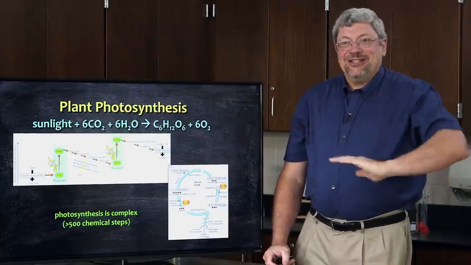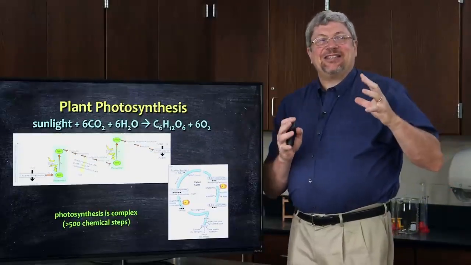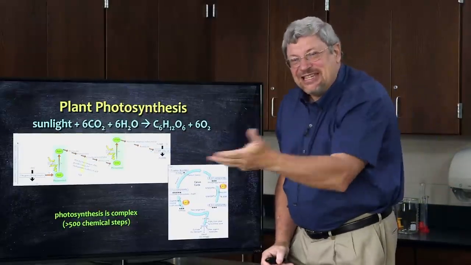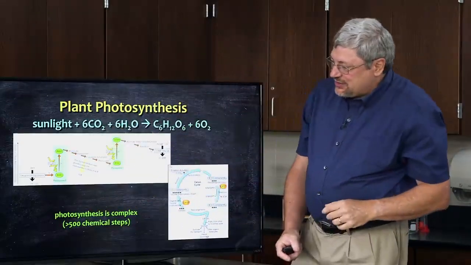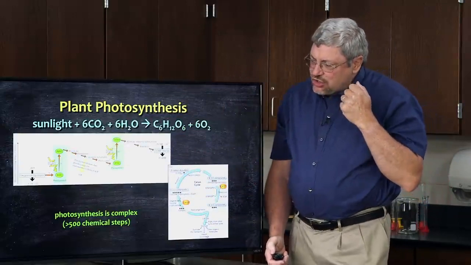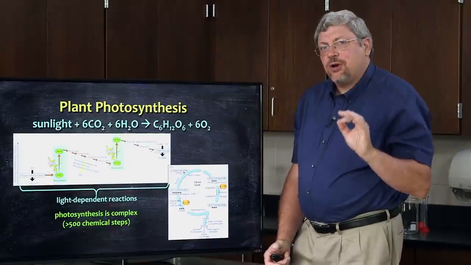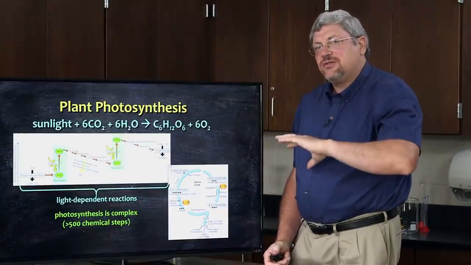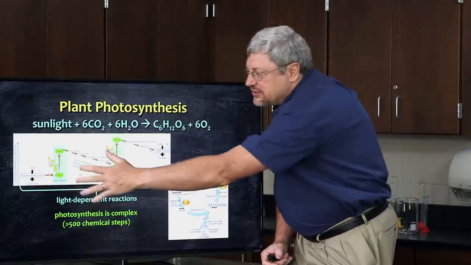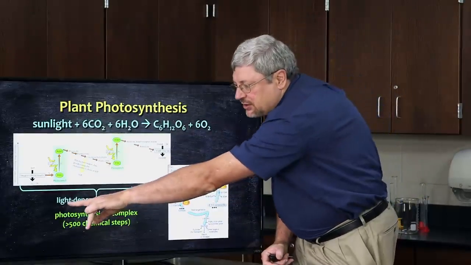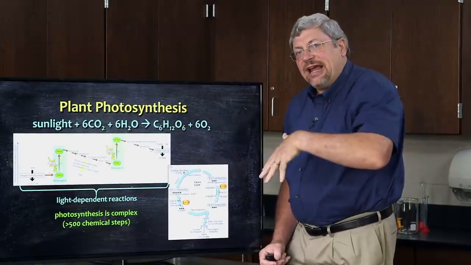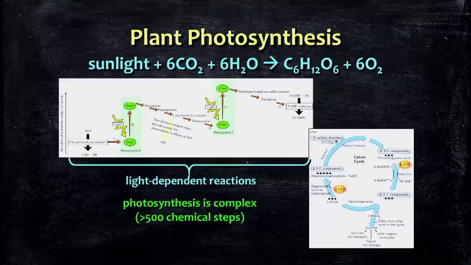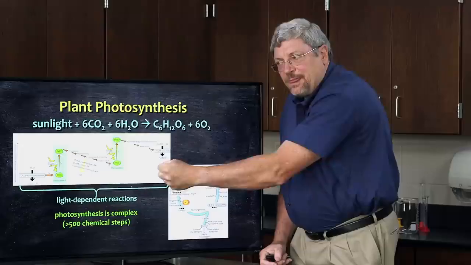Wow, I was impressed. The fact that this process is so complex, we don't even know how many steps there are. There's a lot of them represented in this diagram. In general, photosynthesis is broken up into two series of steps. One series is referred to as the light-dependent reactions. This portion of photosynthesis, with lots and lots of steps, requires light. It is light